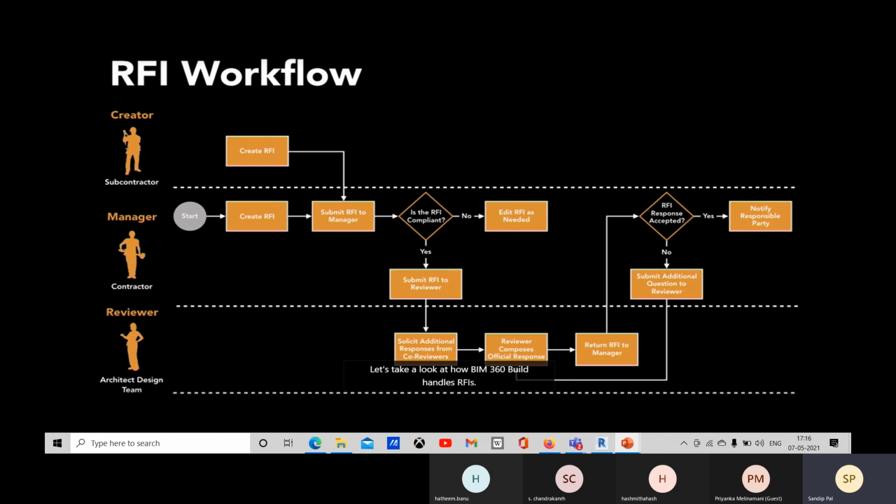If it is the proper response, he will check it and identify that it is filled with all the right information. Then he will notify the creator who has created it, and then distribute it within the required members. So this is the RFI workflow, and BIM 360 has this workflow, and we can access it.